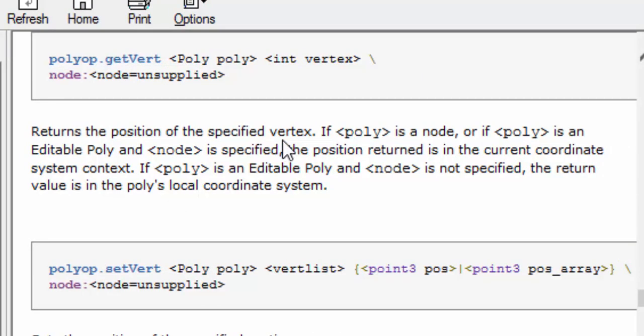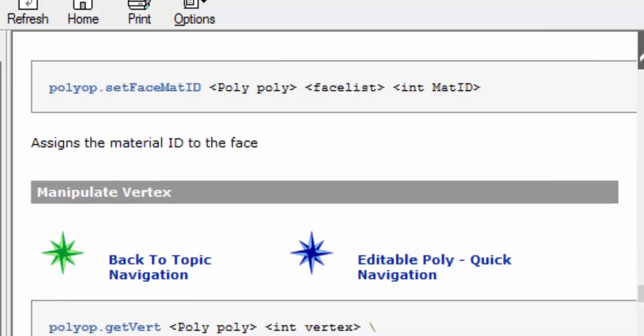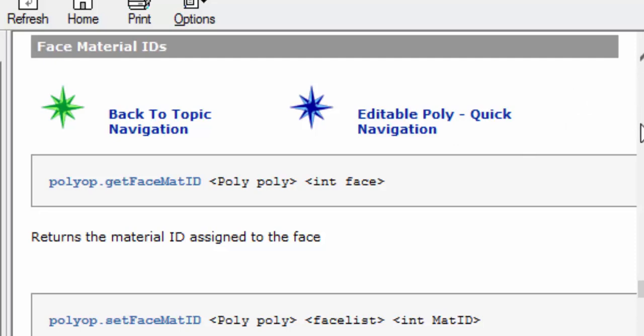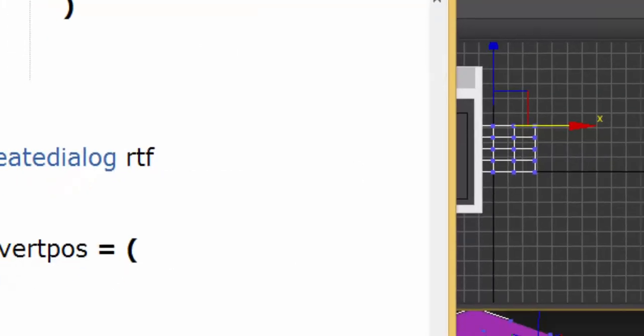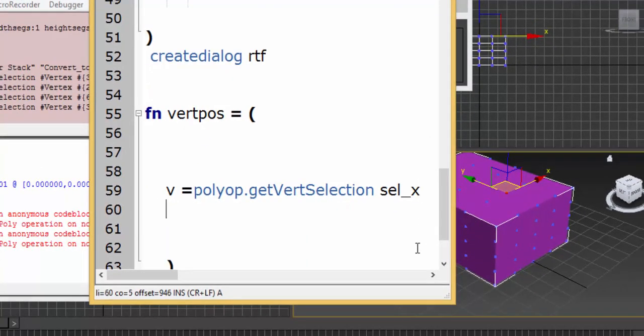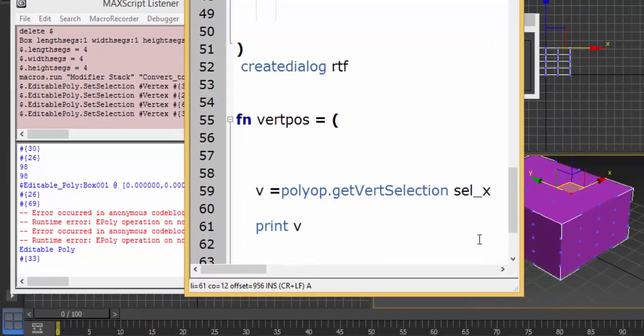As well, you can see to get the vert we need polyop get vert and then poly and then an integer of the vertex that you're looking for. All right, so you can also select the object. There is an inverse again by indicating the object, and then you map the vertex on it. All right, so for example, what we're going to do, first of all, we're going to print v. Okay, so if I run print v,